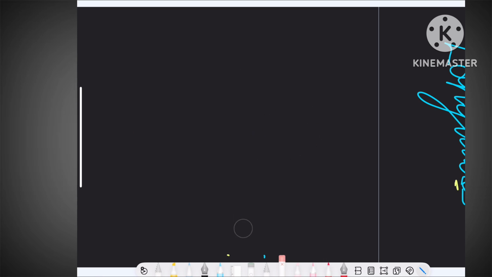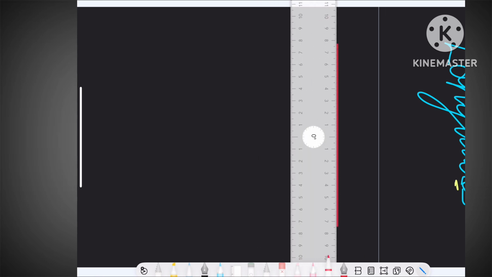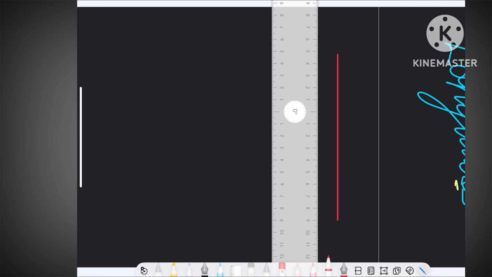I am telling you that in geography, I have a square. That is of how many centimeters? Let's see, 14 centimeters. 1, 2, 3, 4, 5, 6, 7, 8, 9, 10, 11, 12, 13, 14 centimeters.